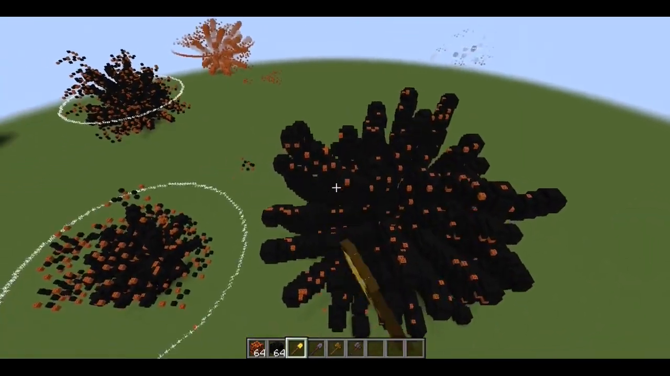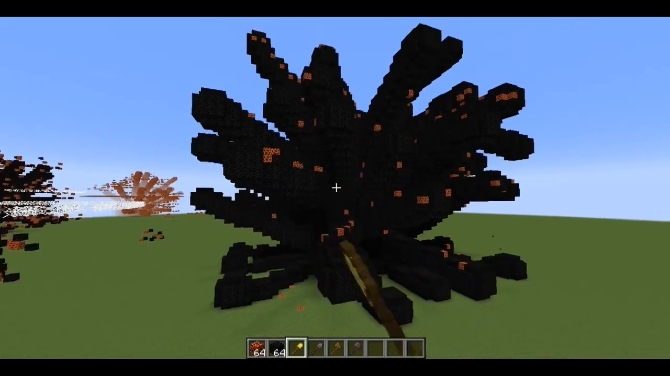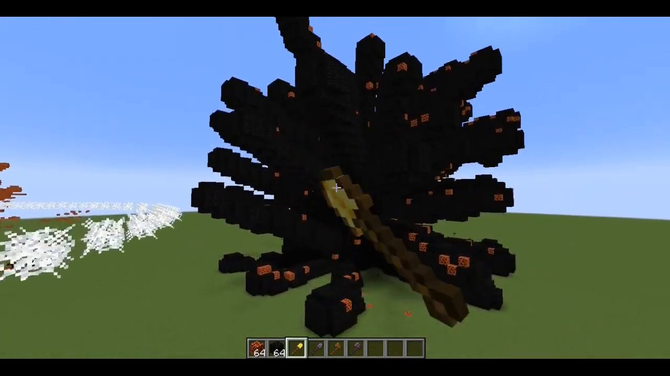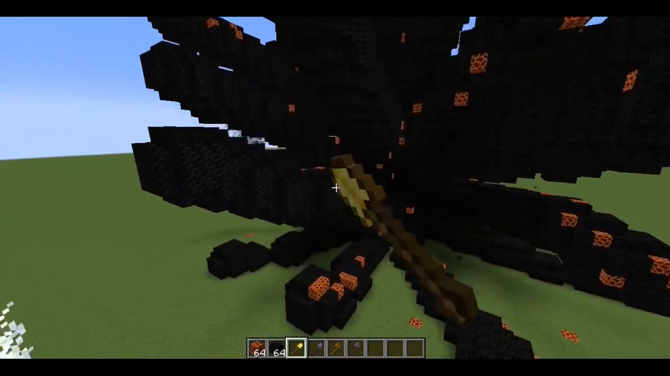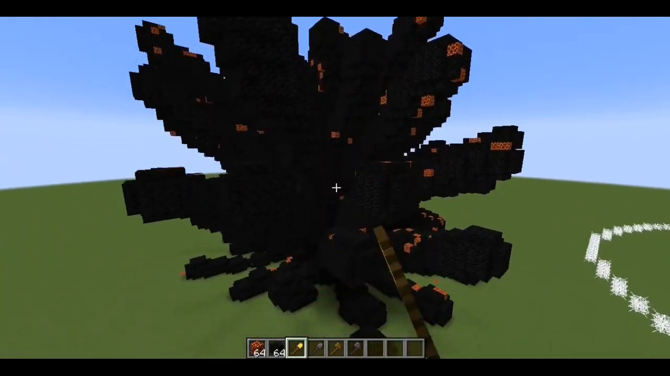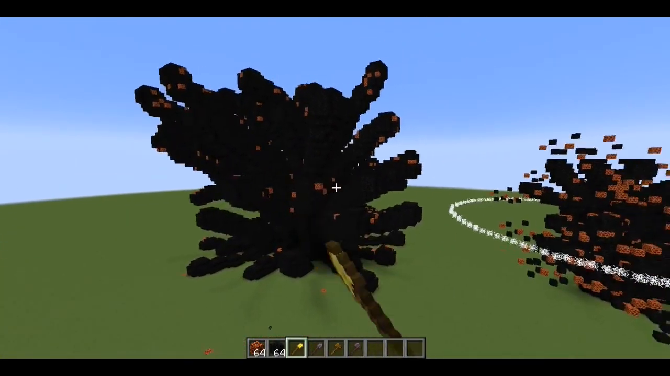Okay, and once you feel comfortable with the level of magma blocks placed, you feel like you have a good variation, which looks like this one is coming close to having a good variation of magma blocks and coal blocks, you want to move on to the next step,